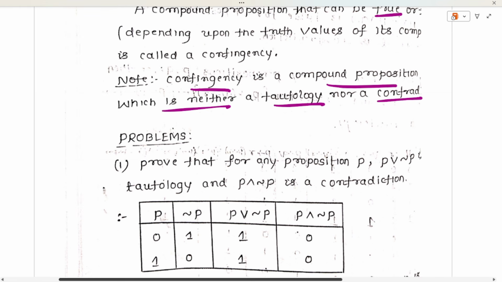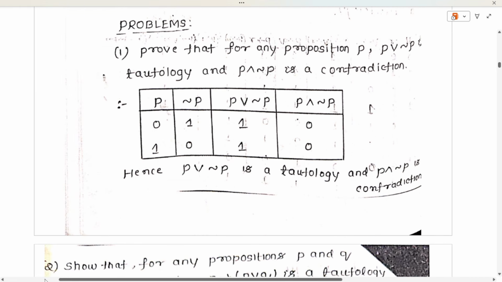Okay. See here: prove that for any proposition P, P or negation P is a tautology and P and negation